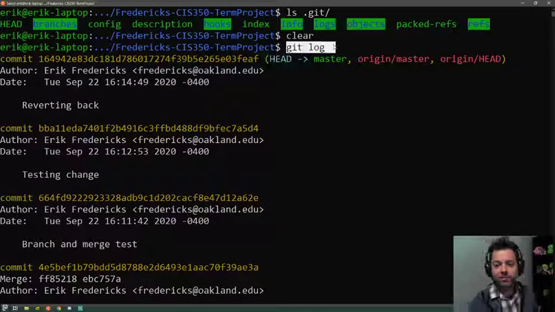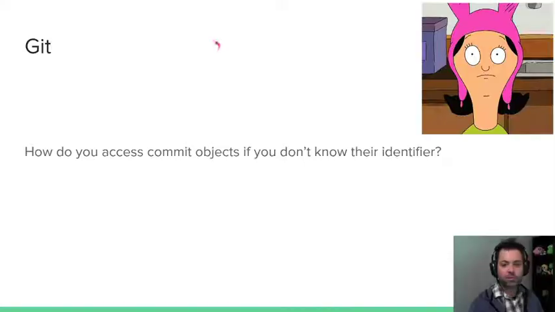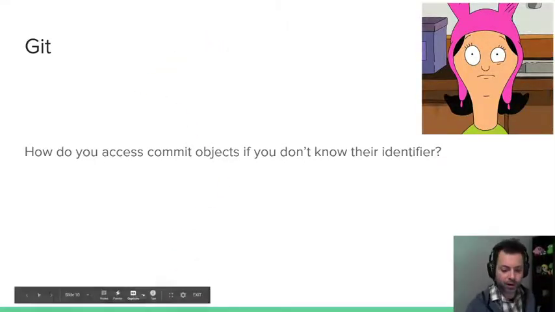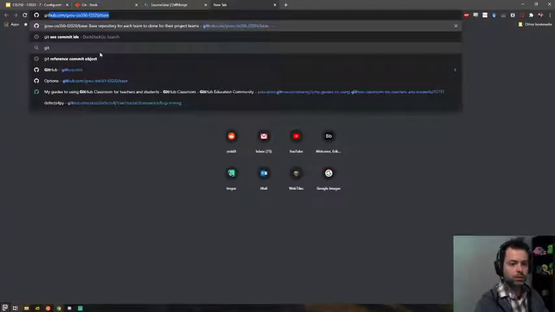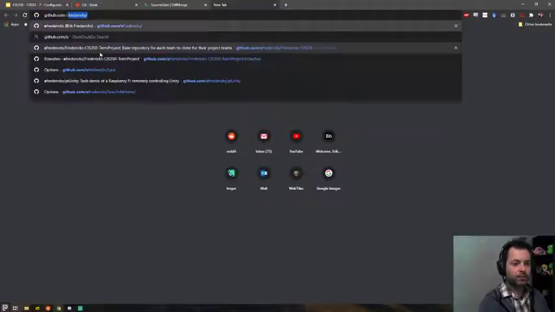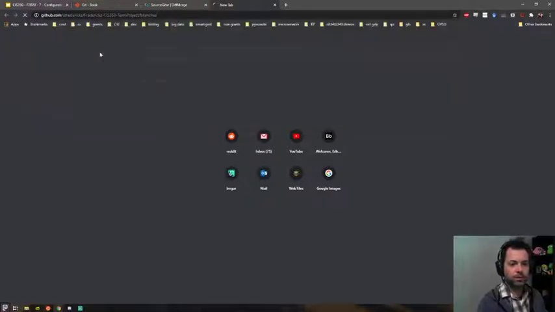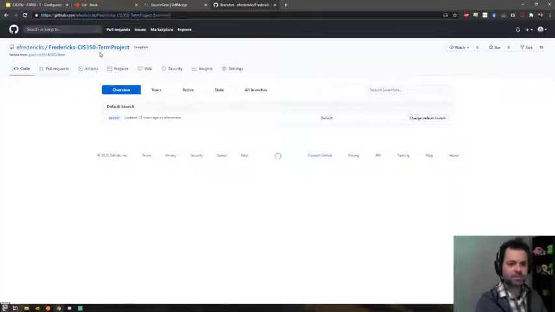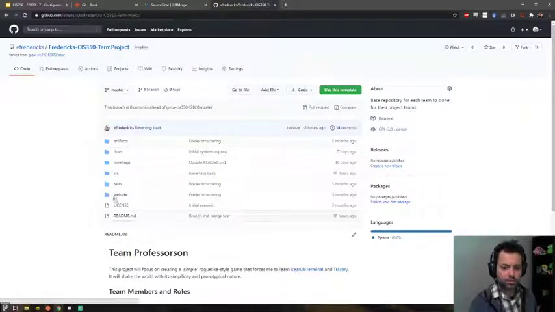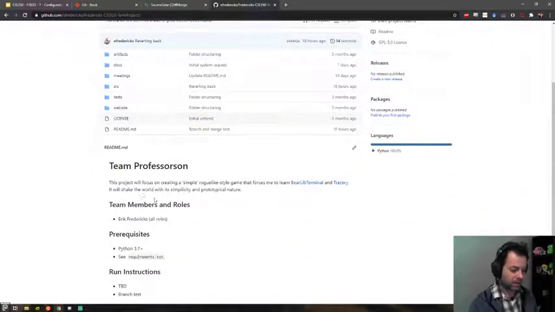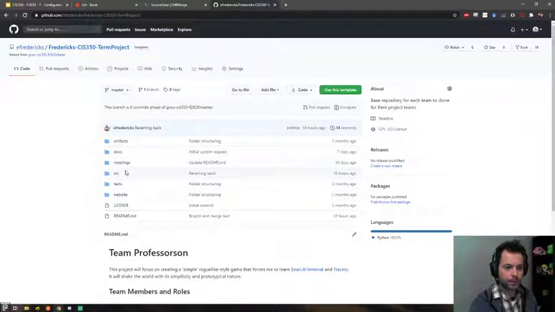So again, this is the terminal way. You can also go into whatever your remote repository tool is. The nice thing about GitHub is that you have a nice historical view in a web-based format. If you look at your project, I got my team Professorson repo here.